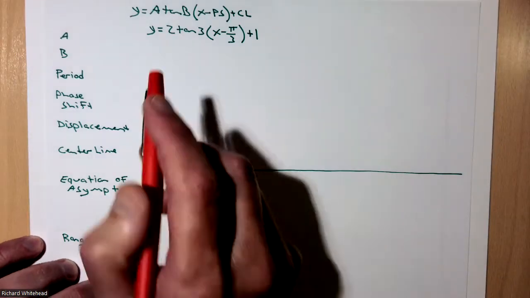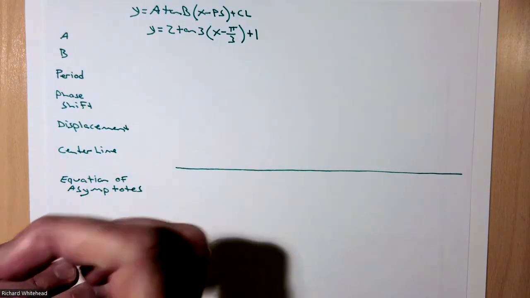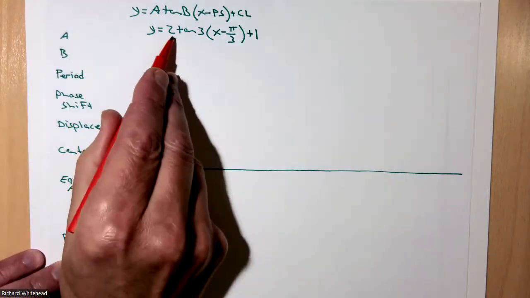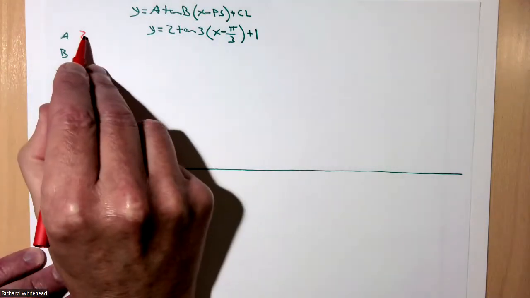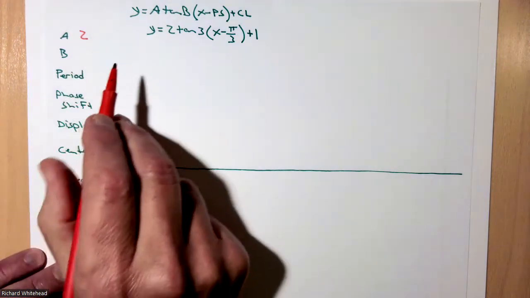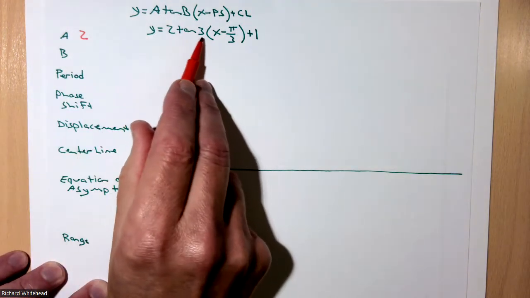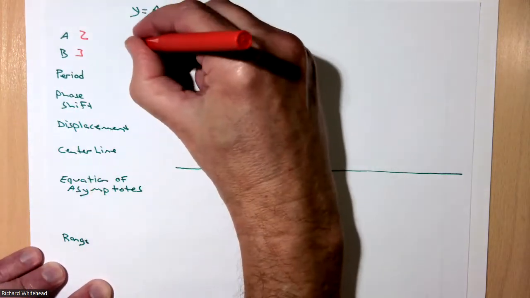So let's do an example of a tangent. Same routine: A is the coefficient in front, but we know that A doesn't affect the amplitude. It doesn't have an amplitude, but it affects the stretch. B is still that number right there. But remember for tan and cotan,